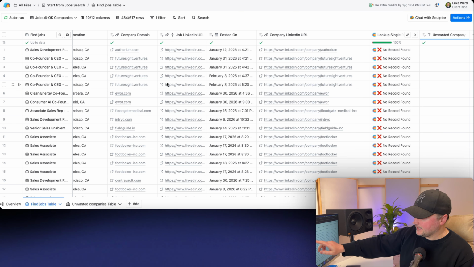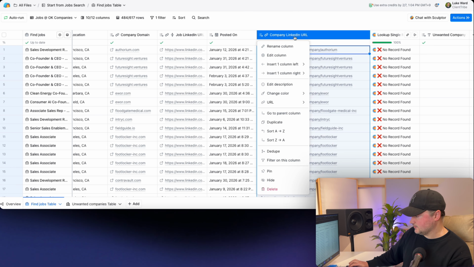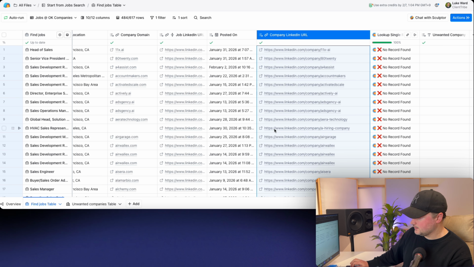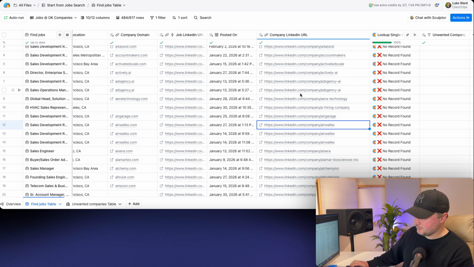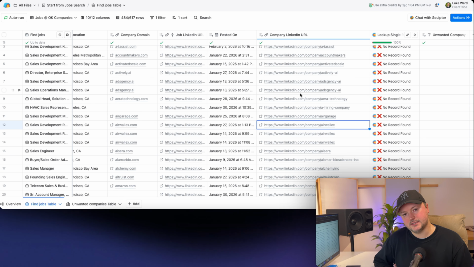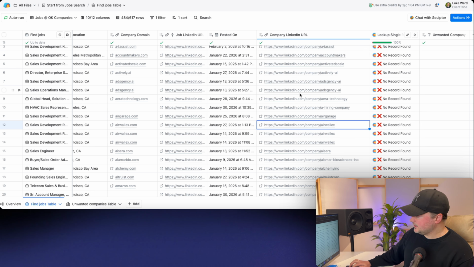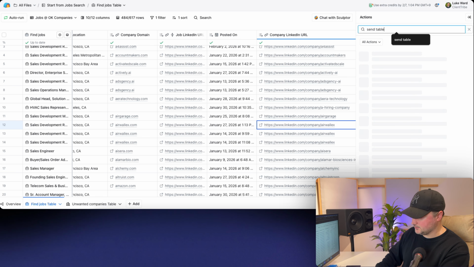The problem is right now, you have a list where these are jobs. So Future Site Ventures, you can see that if we just sort this column A to Z, okay, like Airwallex, they have 3 jobs open. You don't want to run a Clayagent step on 3 rows because you're just wasting loads of OpenAI tokens. So what you can do instead is go actions, send table data,